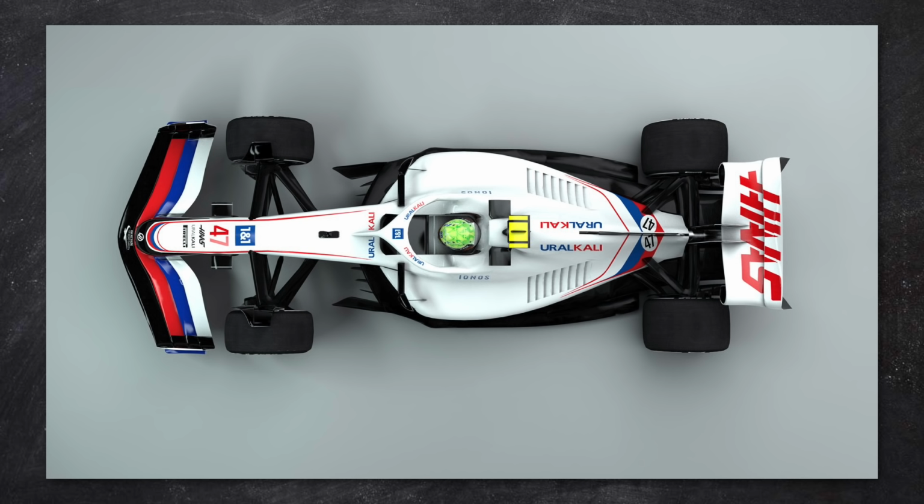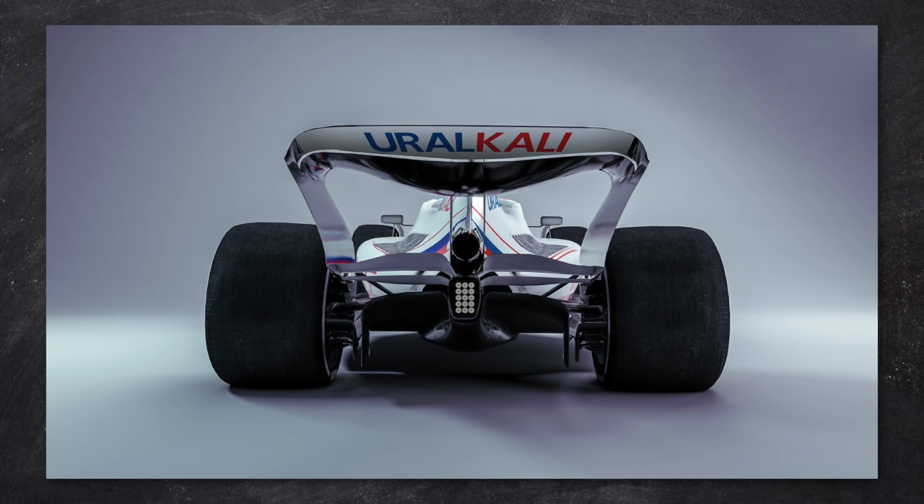12.5 centimetres for Merc. I mean, that's still a lot, isn't it? I mean, it's a big chunky car to lose suddenly. Yeah. So packaging will be tough. You're cramming more into a smaller car, but it should make the cars more agile, which should result in some great